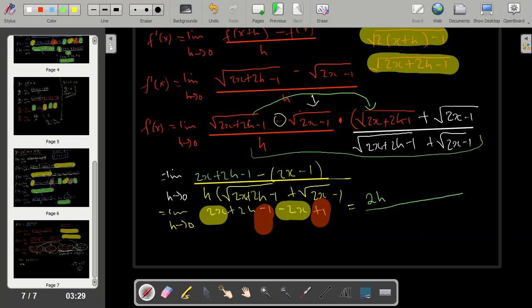Okay, so we're going to say we have h multiplied by the conjugate of the root of 2x plus 2h minus 1 plus the root of 2x minus 1. So this will be 2. Why? Because this and that will cancel out. Then we are going to remain with 2x plus, or rather, 2h minus 1 plus 2x minus 1. So now